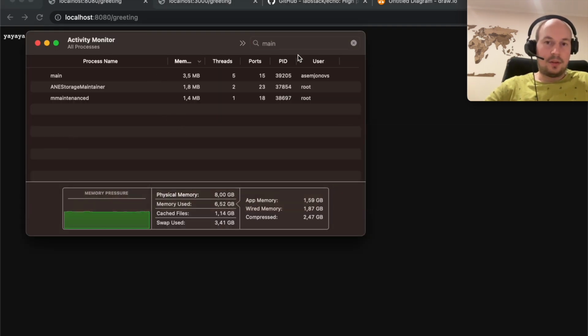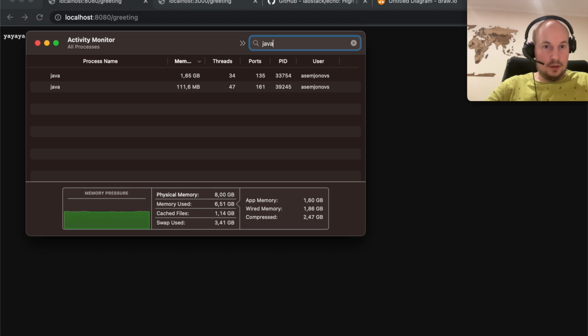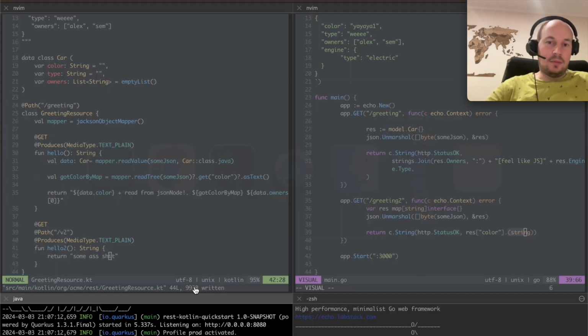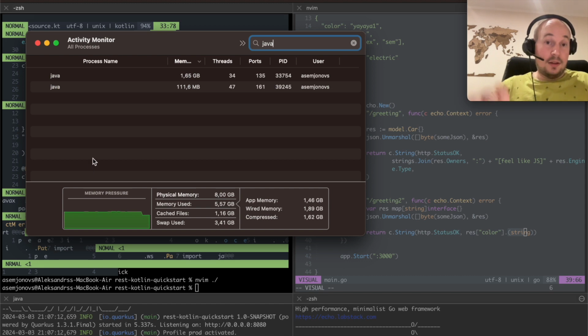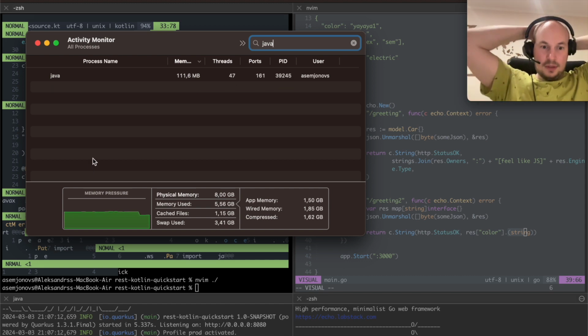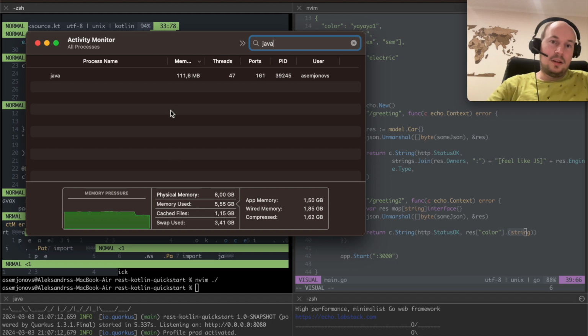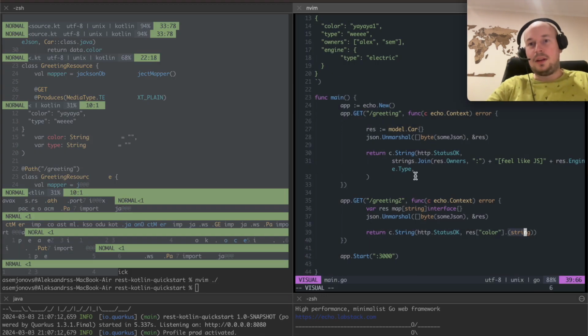What are the processes in Java? So there's two processes. So it takes 100 megabytes. All right, let's be more honest in here. Let's quit NeoVim. We don't want to see Kotlin anymore at this point. Java is now only running our application. Let's assume it's 100 megabytes, which is more than I had previously. But with Go, you already know it's like 3 megabytes. Let's call it 4.